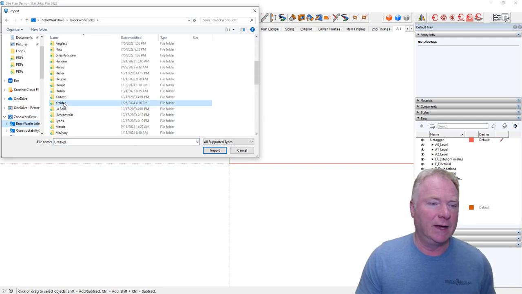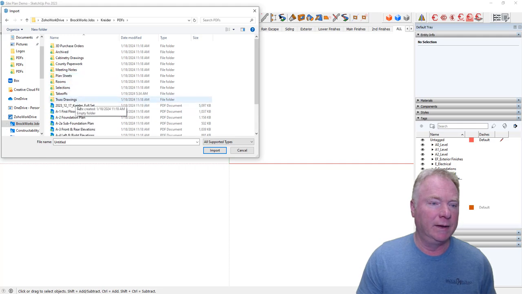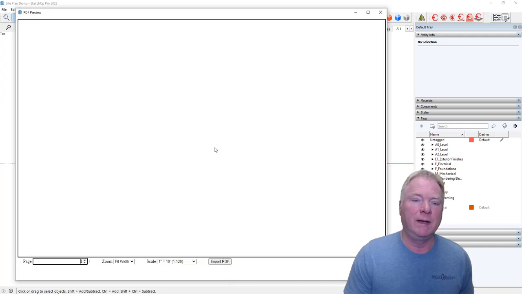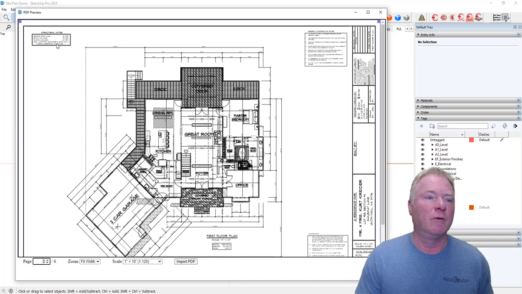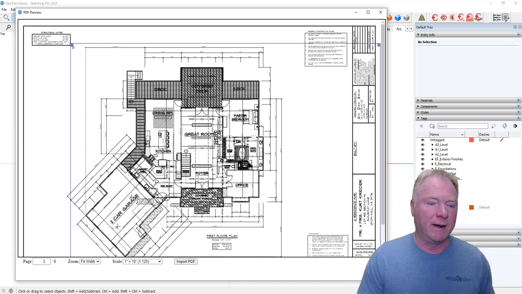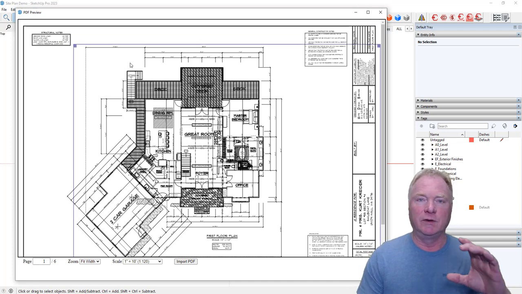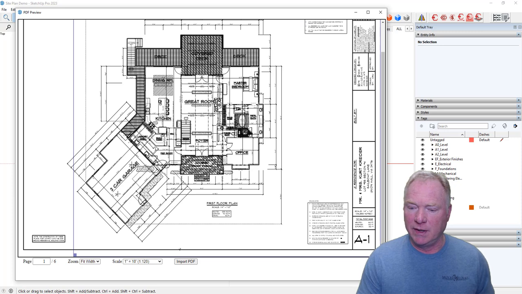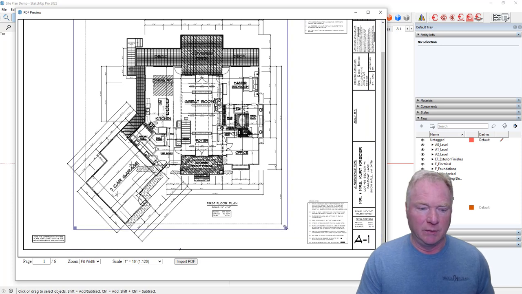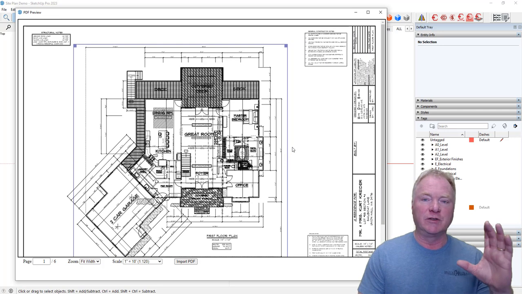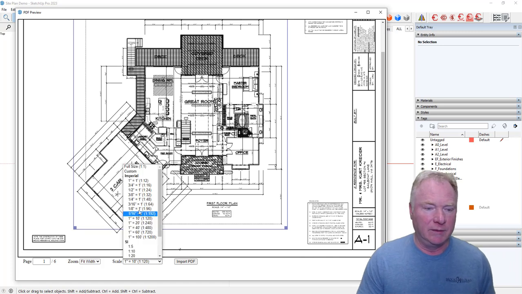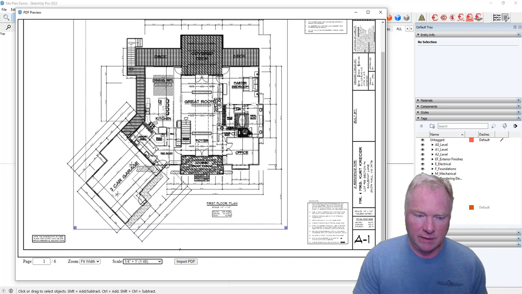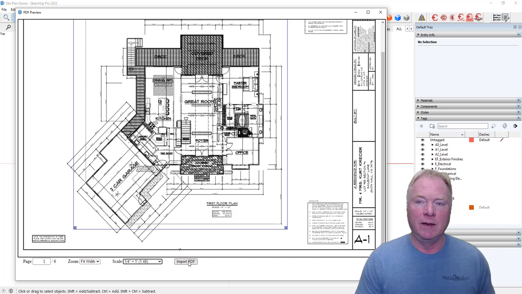So I'm going to find that job, find the floor plan. What we're going to do is import the PDF. Now this is the actual main floor. I start out with the main floor and I bring that in to the 000, sort of centered on that axis there. And these are the grips that you can use in PDF Importer to close it into just the region that you want, so you're not wasting any space. I'm going to choose 1/4 inch scale because that's the scale factor that is on the drawings, and then import